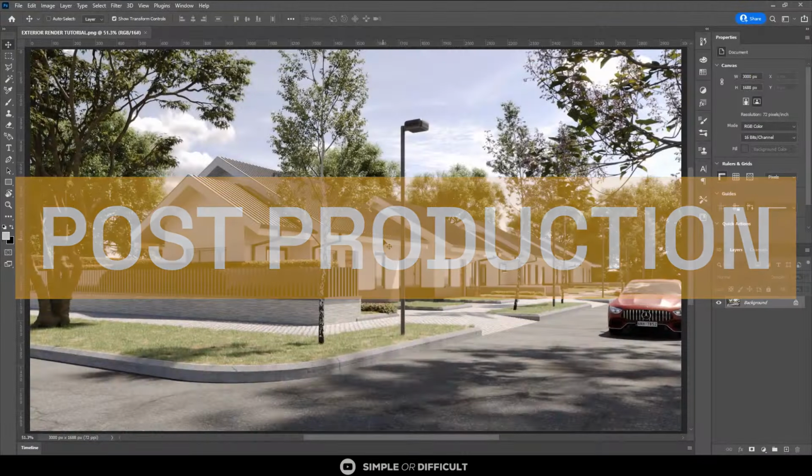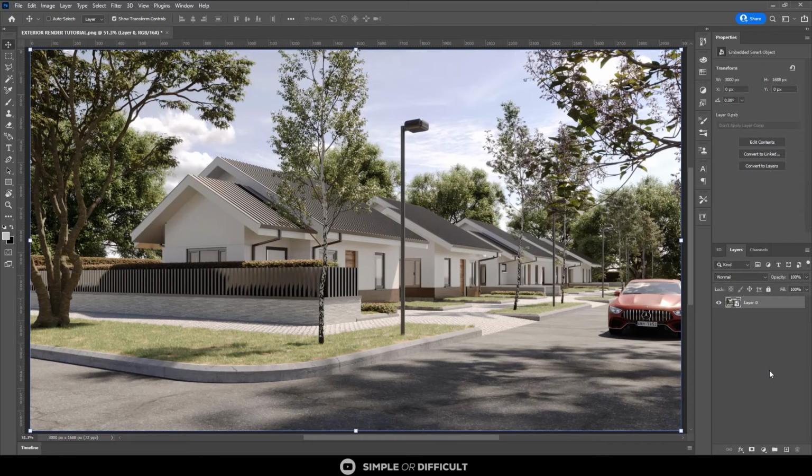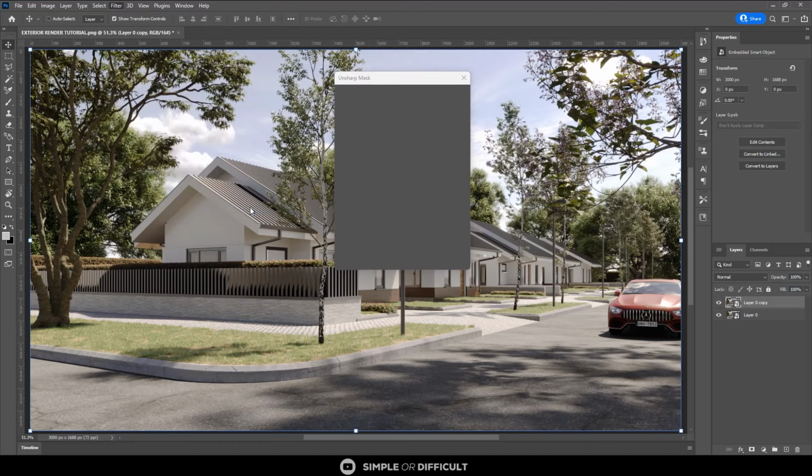All right, so now we're in Photoshop. Let's quickly do a thing or two, okay? Quick post-production to get this thing over with. All right, so first thing I'm going to do is convert to Smart Object and duplicate so we can do before and after later on. So I'll go over to Sharpen, okay? I'll use Unsharp Mask,